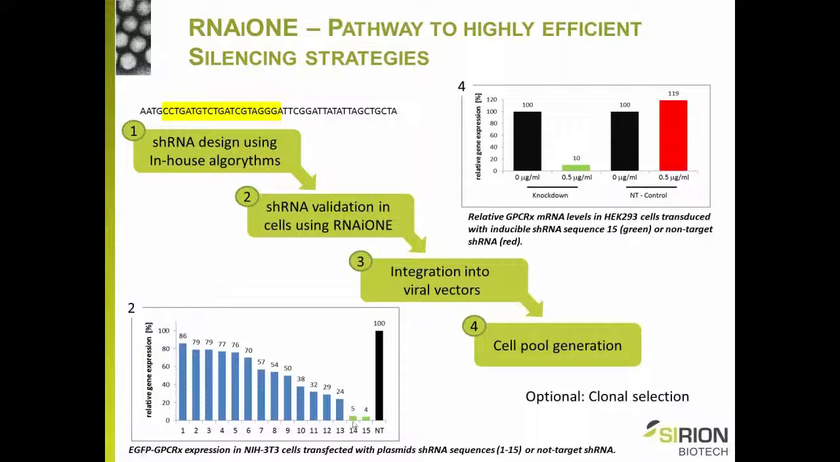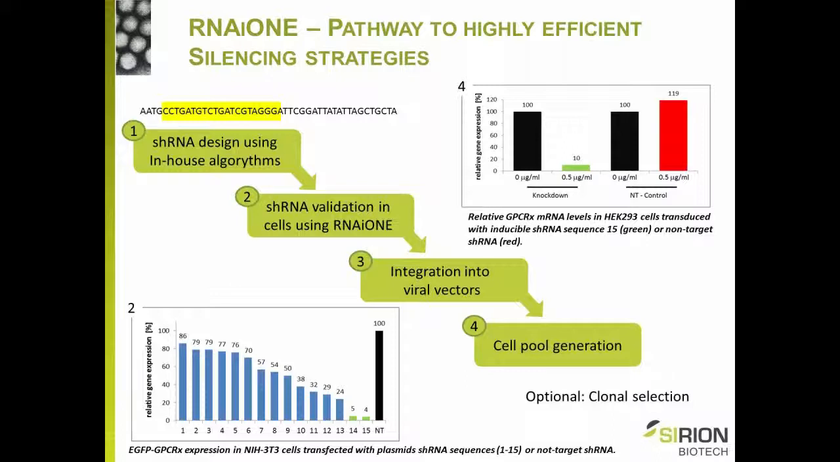Only 2 of them displayed in cell, so this means really under real conditions in vitro activity. Using these 2 sequences, we then generate viral vectors and then proceed with cell pool generation. So this is the result of one of these sequences. It is sequence number 15, and you see that you get a very nice